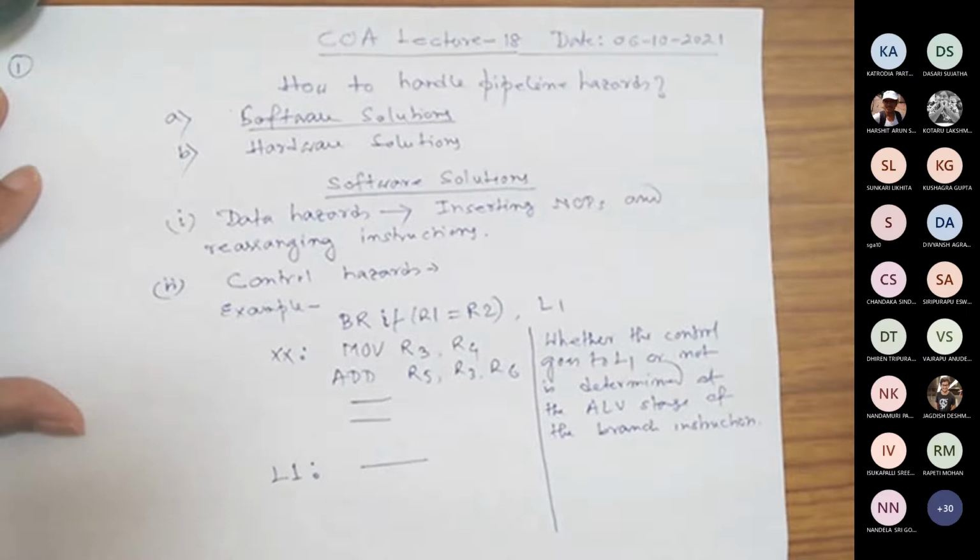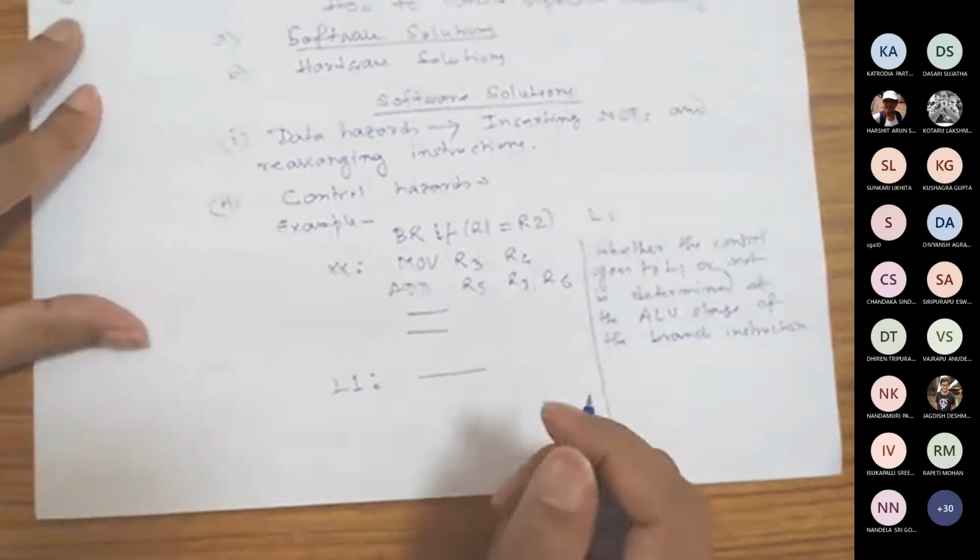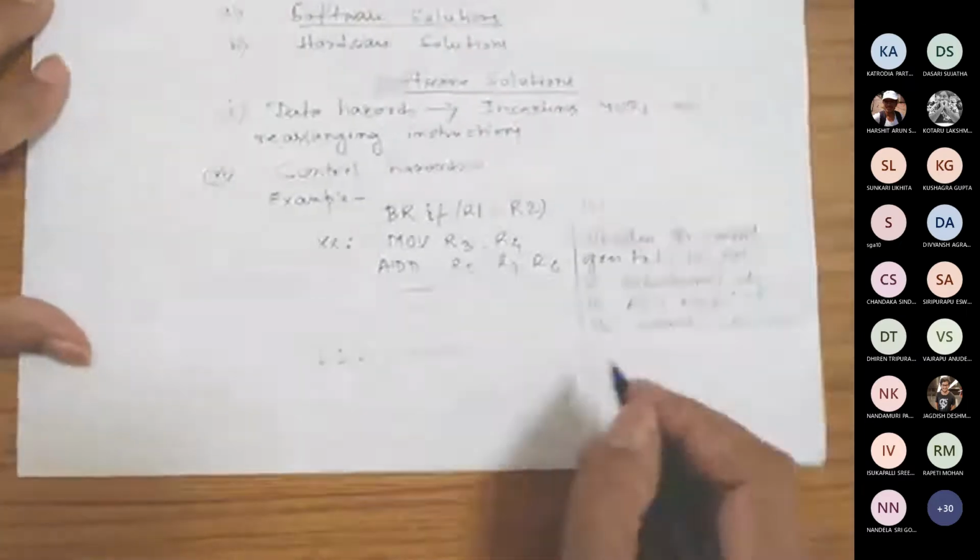Okay. So if that happens at the ALU stage of the branch instruction, so it means